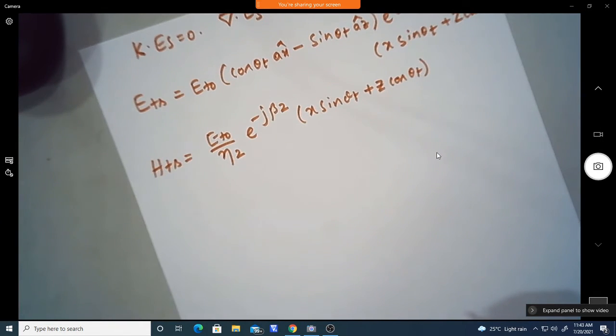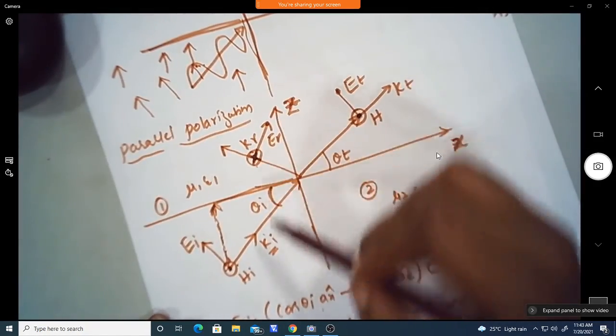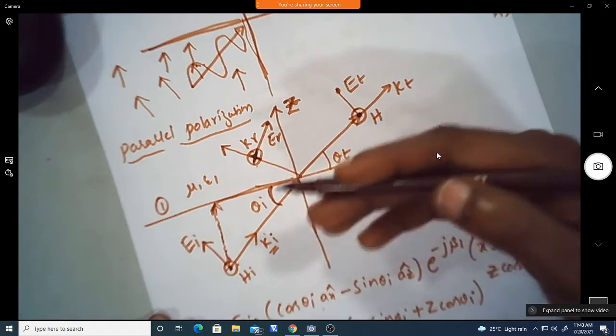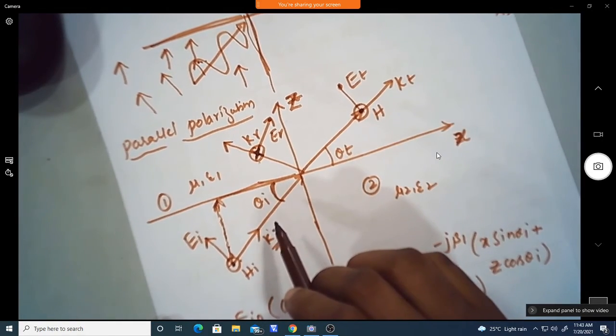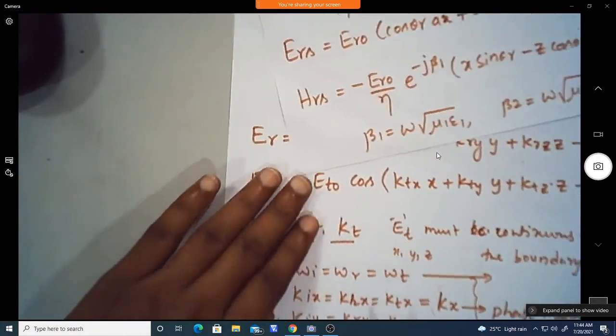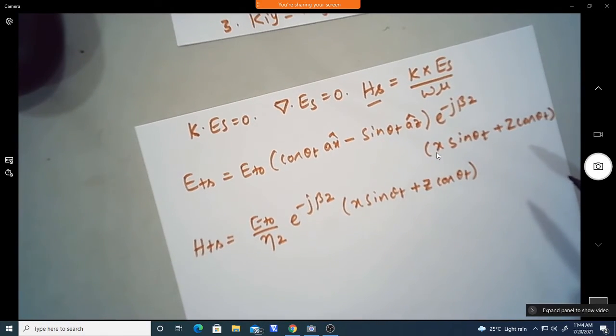Okay, so now here, the assumptions which we have made, since it is an oblique incidence, the plane of incidence may not always be true in practical cases. Okay, so it may vary slightly. So the angle of incidence, based on theta I, theta r and theta t, the assumptions may be slightly changed in the practical scenario. So this is by assuming a lossless medium, and also the plane of polarization is parallel to the plane of incidence. So we arrive at these equations.